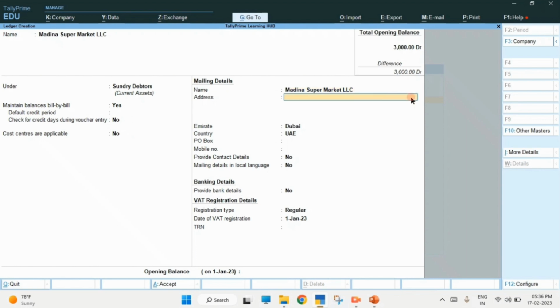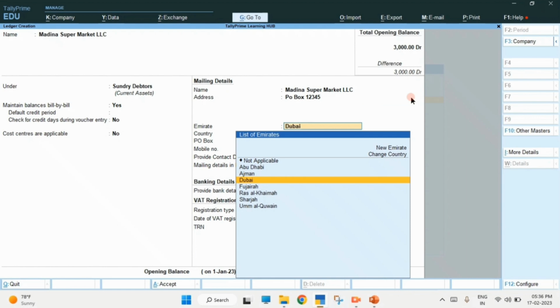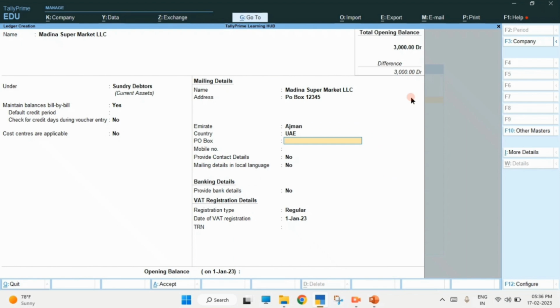Mention the address of the customer, for example PO Box 12345, and which Emirates belongs from. For example, customer belongs from Ajman. What is the PO Box? You can mention in the PO Box menu also. Mobile number